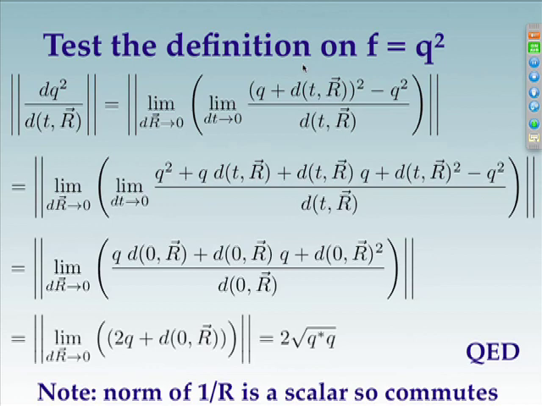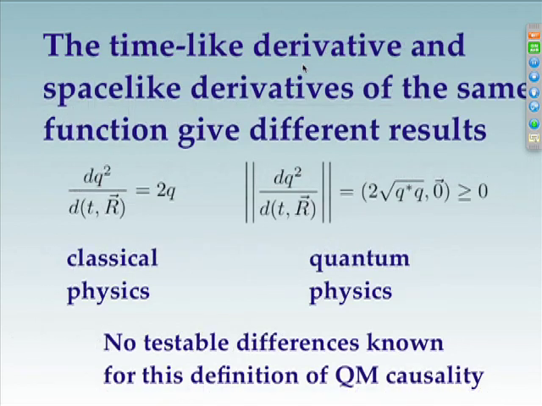I'll be dividing the norm of this by the norm of that. Well, that'll be 1. And so 1 times that, I'll just get the norm of that, or 2 times the norm of that. And so the result there is the square root of 2 q star q in the limit. So the timelike derivative and the spacelike derivatives of the same function